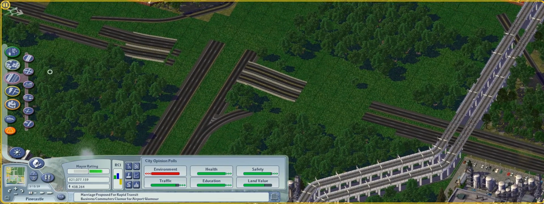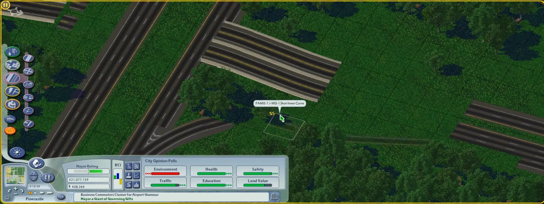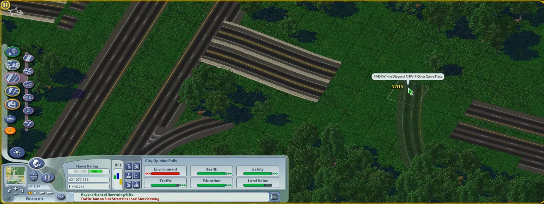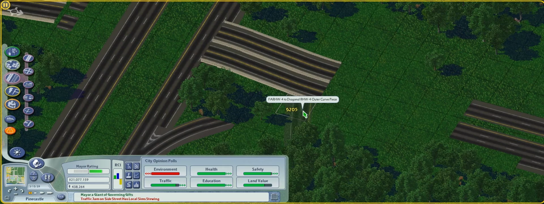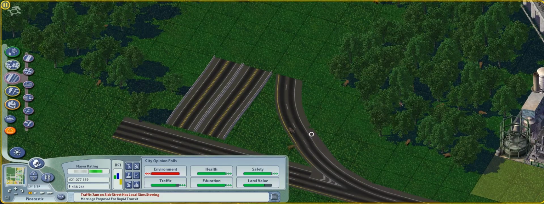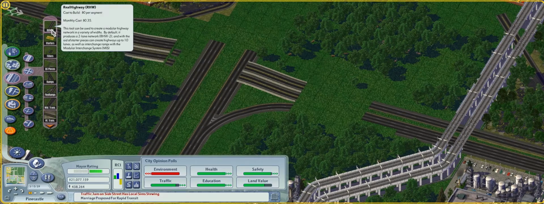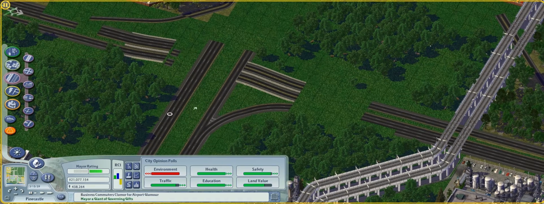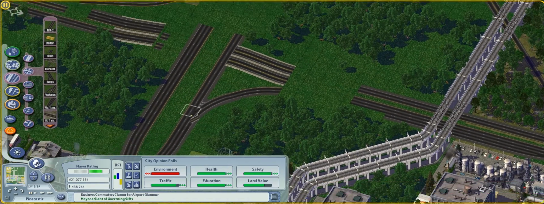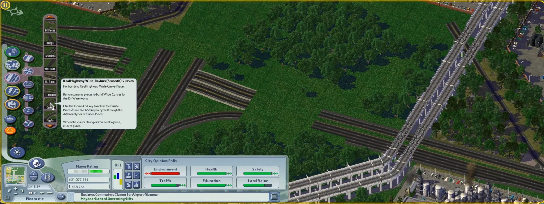well, let's see, fractional angled RHW4 to diagonal, there we go. Want the inner curve. Okay. So it looks like that will fit perfectly. Very tight curve there. Pretty good. And I'll need the